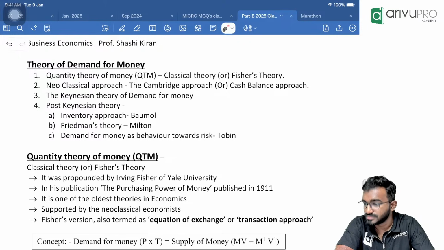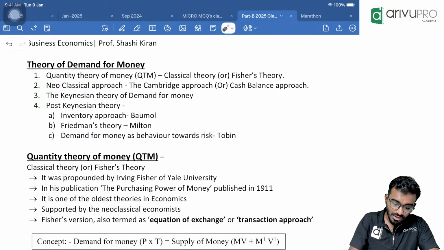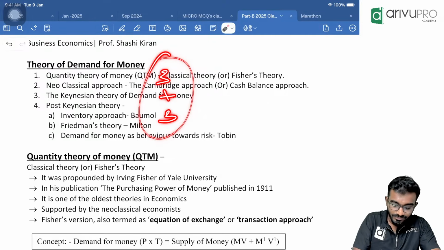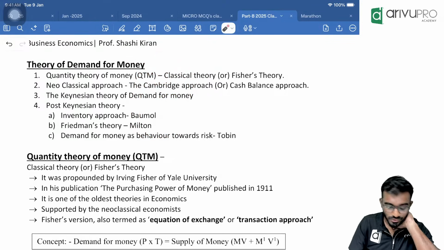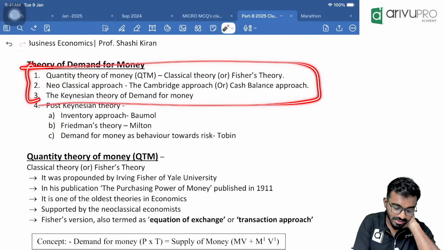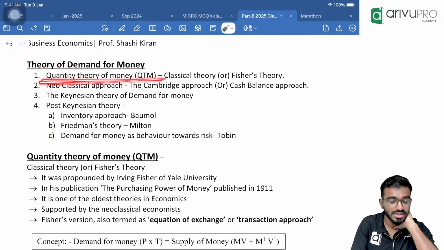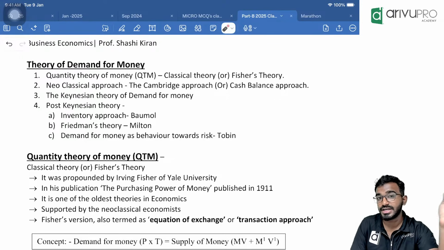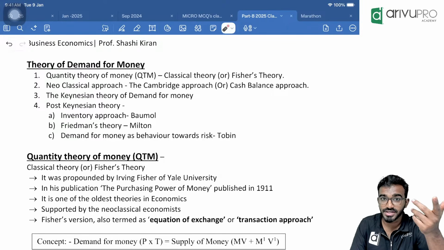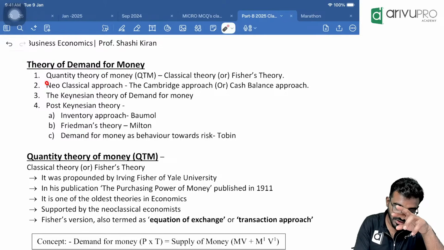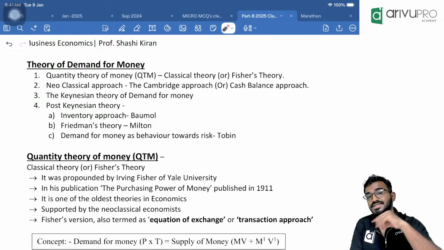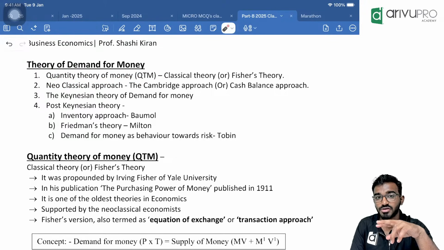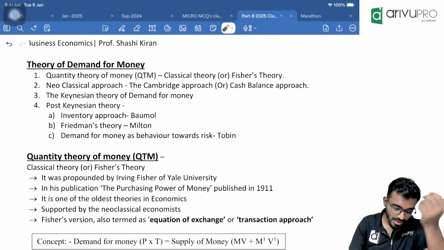Okay, Sudarshan. So 3 plus 3, total 6 theories are there. The first three theories are extremely important. First one, QTM, quantity theory of money. This was followed by classical economists, the ones before 1929, who said that government intervention is not required, the economy will self-adjust. This QTM was also supported by the neoclassicals, that is, after the Great Depression of America, those who spoke about government intervention being necessary. So let us get started.